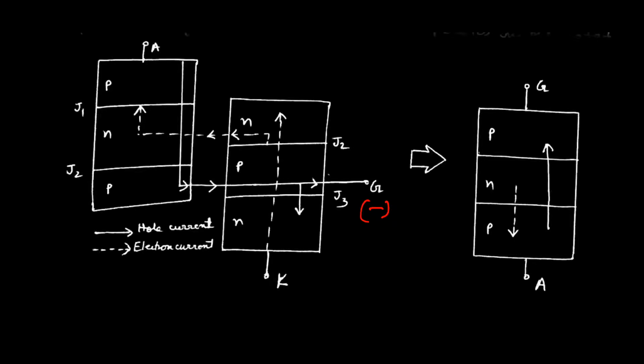On the other hand, as the electron injection has stopped and junctions J1 and J2 have regained their depletion layers, the tail current will be reduced. Once the tail current is reduced, there is no question of current flow from anode to cathode. That means the switch is in the off state. That means by applying a negative gate pulse, the switch can be turned off. That is the facility with respect to a normal SCR.